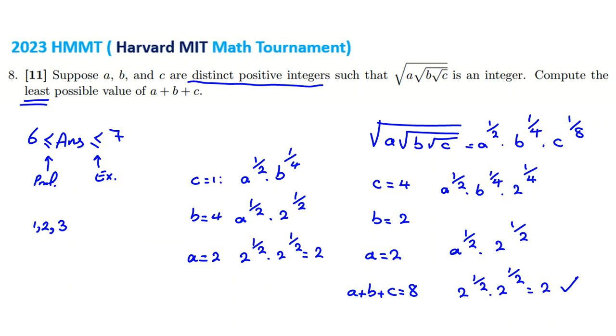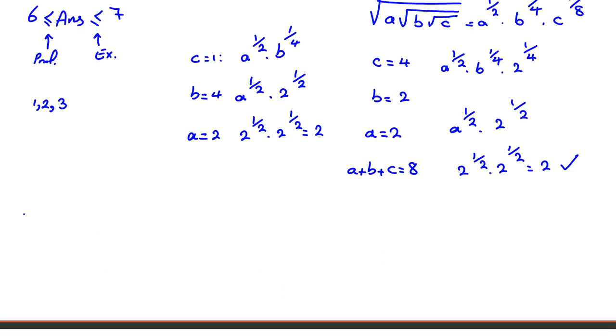Okay, so let's consider all permutations. Square root of A, square root of B, square root of C. For each case we want to calculate it. Let's call it S. So A, B, C: if it is 1, 2, 3, what is S? A is 1, it is the square root of